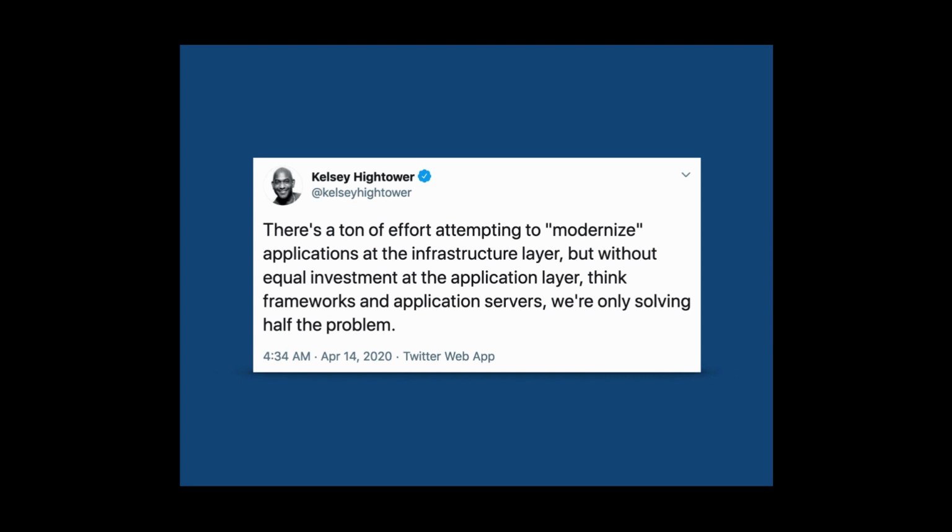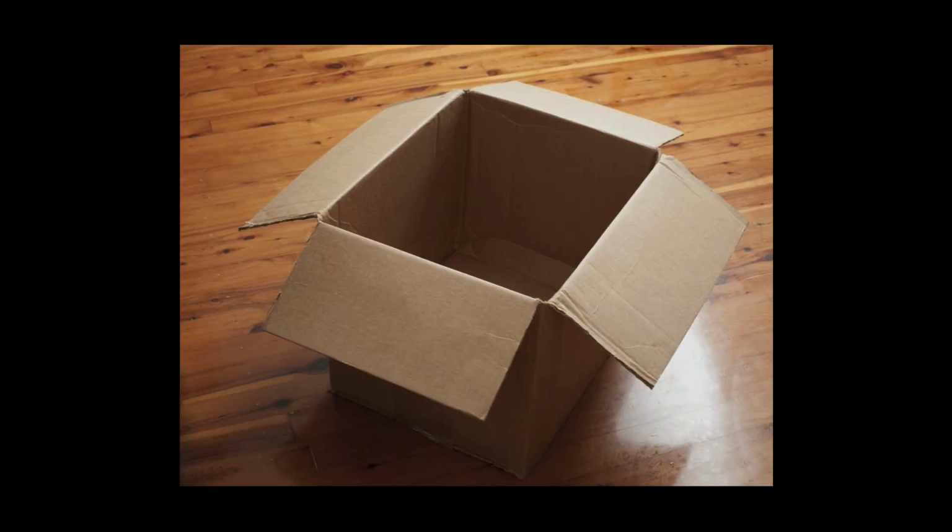So we need to address this other half of the problem, and it's the fact that the infrastructure layer excels at managing and orchestrating and scaling and ensuring availability and all these good things of empty boxes of software. That's the containers.